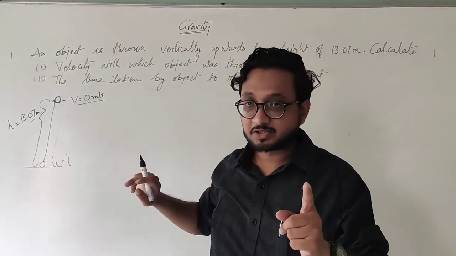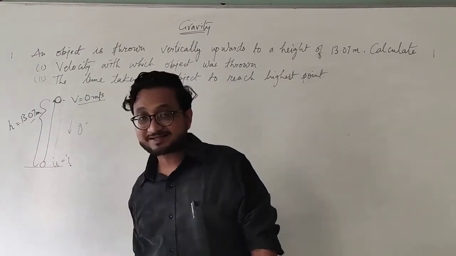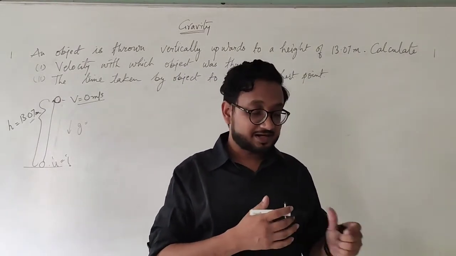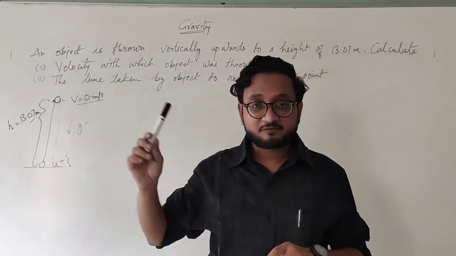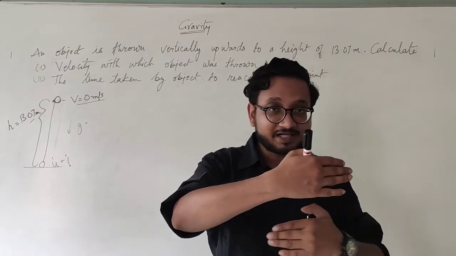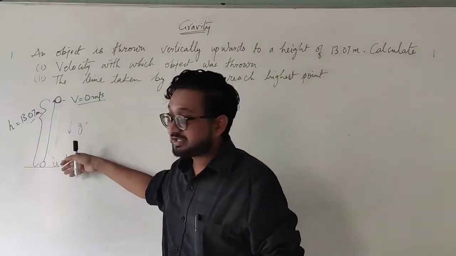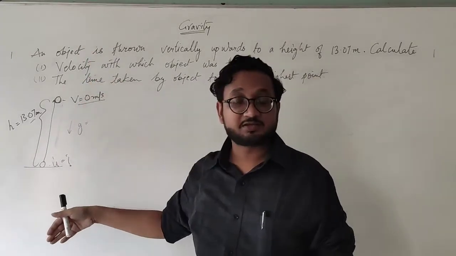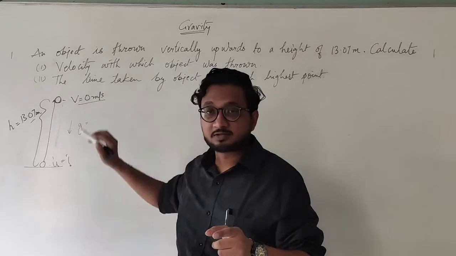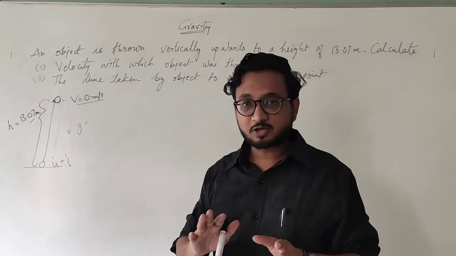At that particular point, the velocity becomes 0, and the acceleration is acting downwards. This acceleration is acting downward because velocity is going this way, so acceleration is acting in this direction. If you remember the first chapter, if the vehicle is moving and the brakes are applied, at that time negative acceleration acts in the opposite direction. The exact same thing is happening here. The object is moving in the upward direction, but the acceleration is acting in the downward direction, and that is why its velocity decreases and it stops. In this case, the object stops and then it starts falling again. But let's not go down that path.